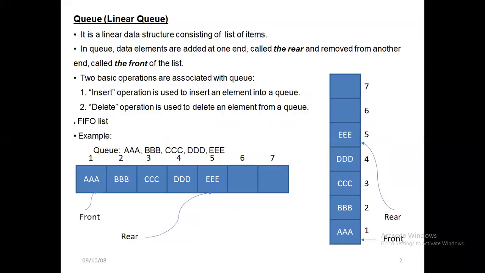Let's see this. This is the linear queue that we discussed in the previous class. What is the pointer we use for deleting? What is the pointer we use for insertion? You can see in the diagram. After the last element, I will be inserting some other element. What pointer will I use? In the front, what I use to delete an item from the queue is the front pointer.